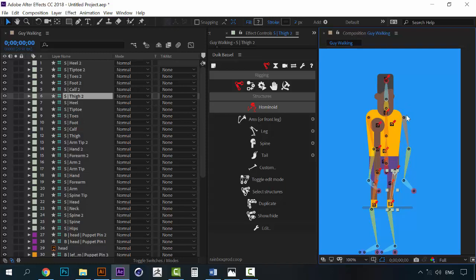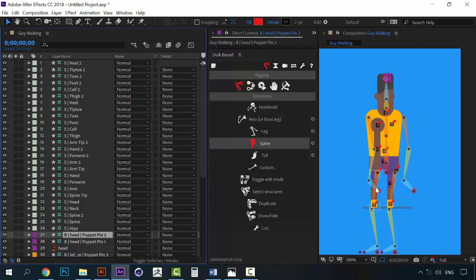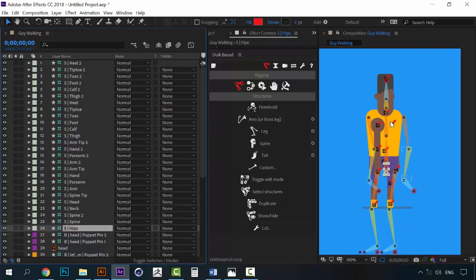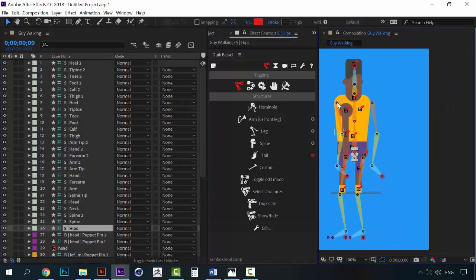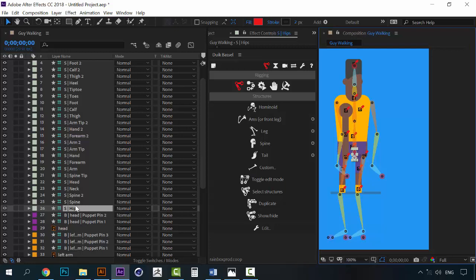This structure is going to be used to create all the controllers that we are going to need. For example, the controller for the hands, for the foot, for the spine and the head. So this structure is very important. The bones are only to guide ourselves with the character, but the structure is what really matters here. So what we must do here is attach every part of the structure to the bones that we just created. So let's start with the